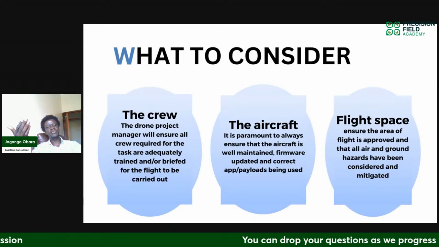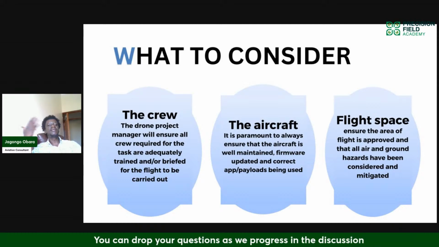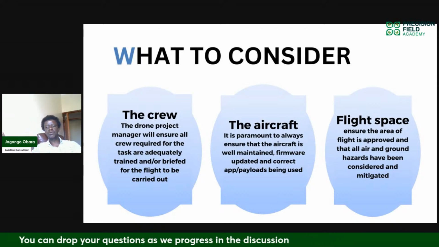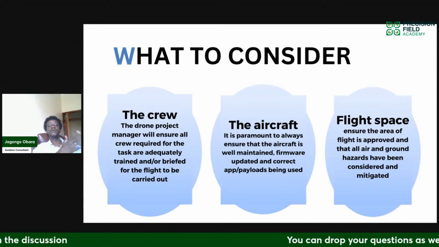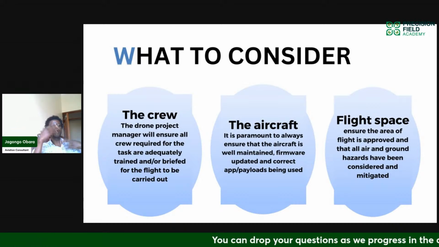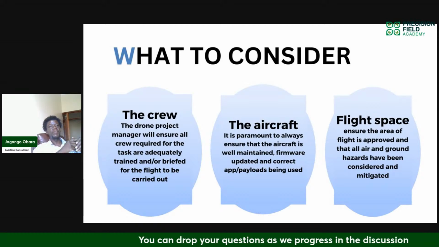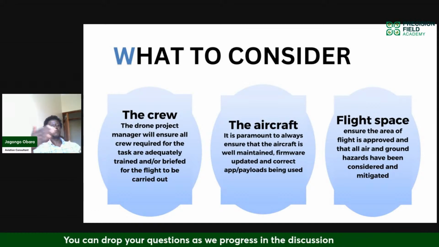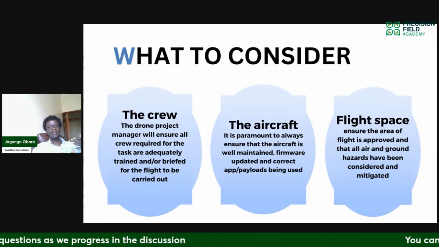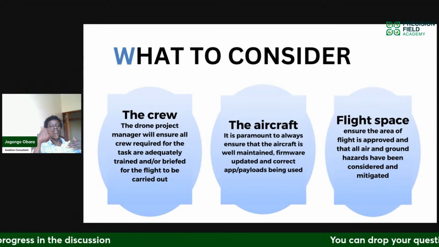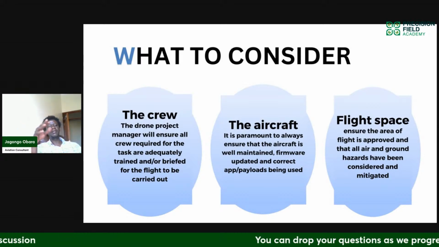If there's an emergency, what do we do as a team? If there's a risk, how do we respond to it? How do we react to it? So that there is cohesion and people are not panicking and doing their own things. I might be a pilot and I want to fly the way I want to fly, but that is not the way the project manager wants me to fly. So it's about guidance and mentorship and just having leadership for the whole project.